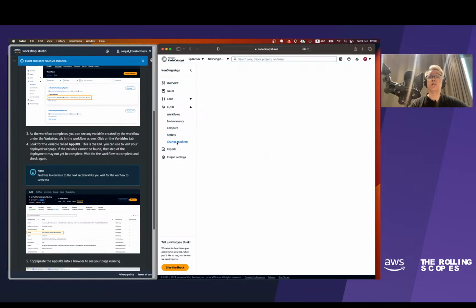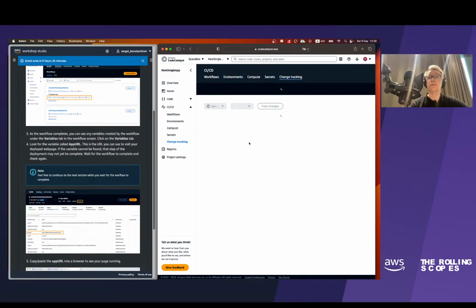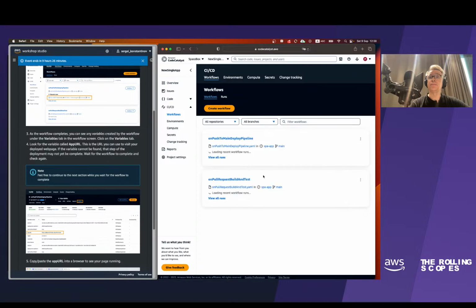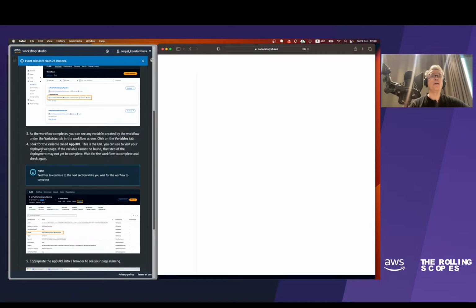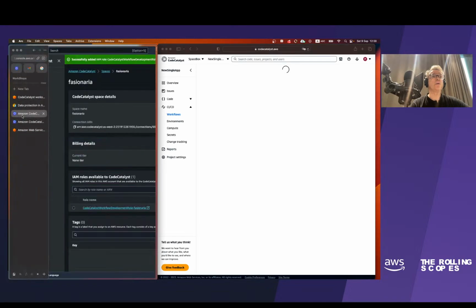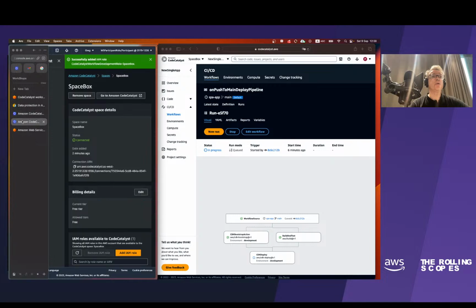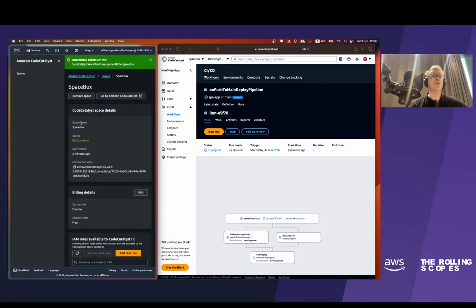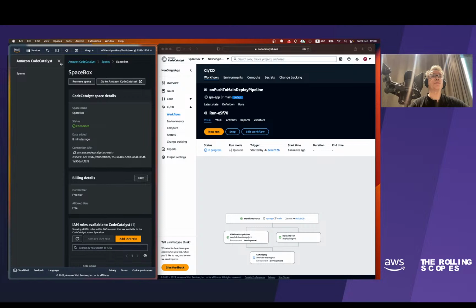Here we can see changes. We can track the changes that were made to our project. Well, and let's take a look at our workflow. It takes a little bit of time to finish, and it's still running. And meanwhile, we can take a look at our account. If we go to, let's say,